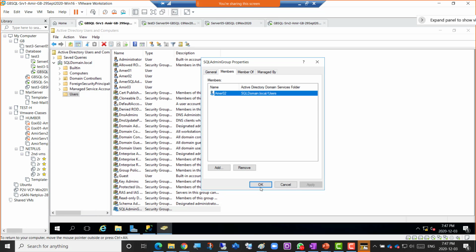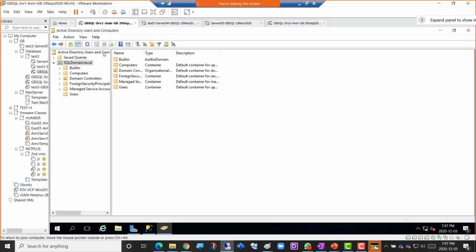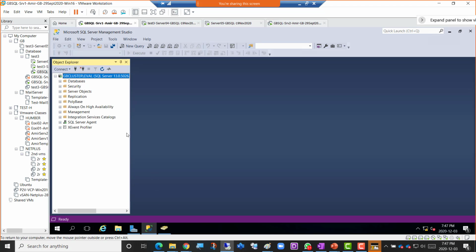So all we need to do, once it is done, I'll go to the domain name and refresh it a few thousand times. Okay, so I just need to add this group to the SQL server, which is a best practice. Since I'm connecting from SSMS from this machine to the SQL servers and the other machines on the Failover cluster, I'll just go back to the security again on the instance level, and then the logins